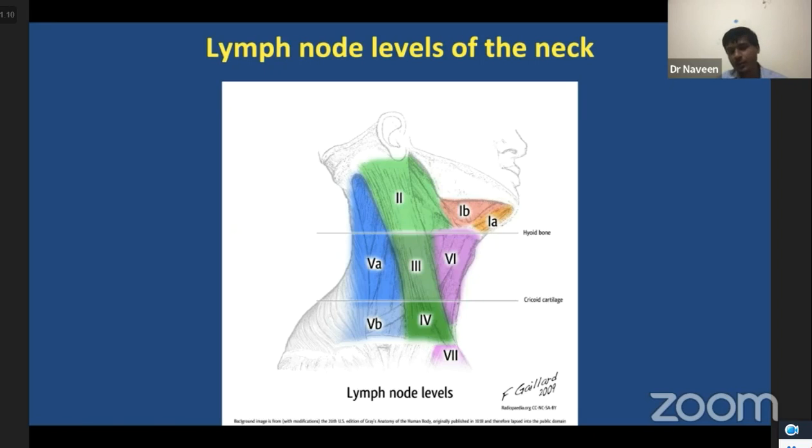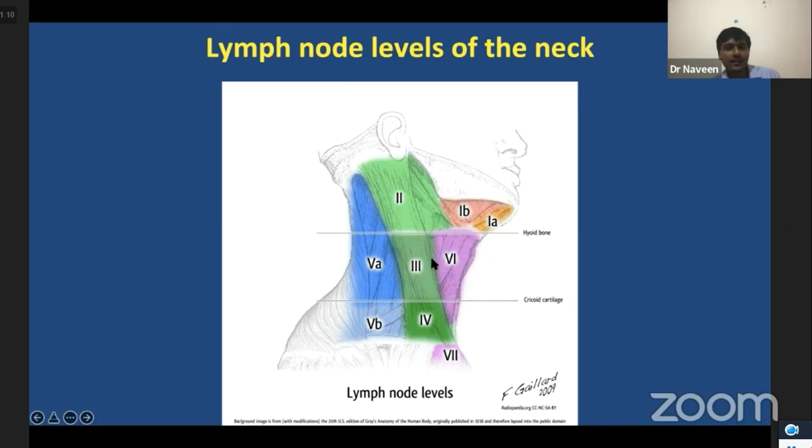So we can localize the pathologies, because most of the aerodigestive tract lesions present initially as a metastatic lymph nodal mass with an occult primary lesion. So if you know the drainage pathway, you can look into these spaces. And again, these lymph nodes are classified based on a surgical classification actually, not based on the neck spaces. However, this has been followed by radiologists as it is helpful for the surgeons.